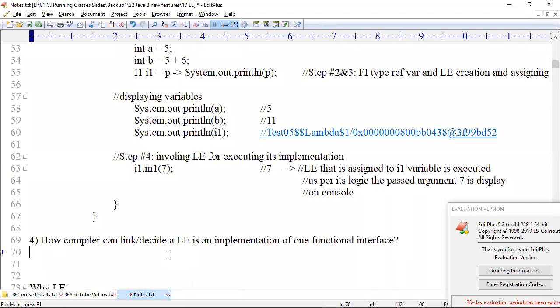Okay, a lambda expression is an implementation of a functional interface, right? How can the compiler link or decide a lambda expression is an implementation of one functional interface? How? Very simple. Come on.